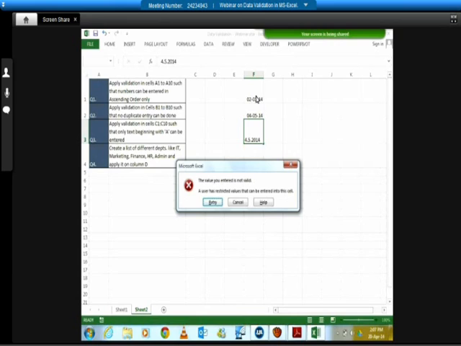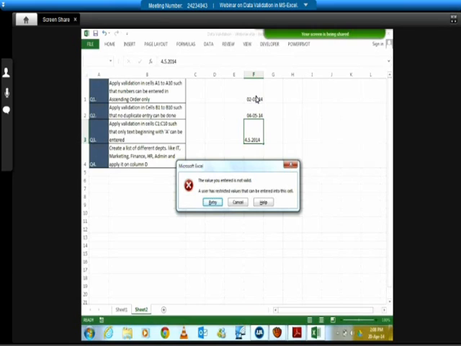So it's a very good tool, especially when we have multiple users. When we have multiple users and I'm allowing different people to enter into the same sheet, what is date to me may not be date to you. So different people have a different habit of entering dates, of putting text. So this way I can control my data. Right? So I can say cancel and then it will take care of it.